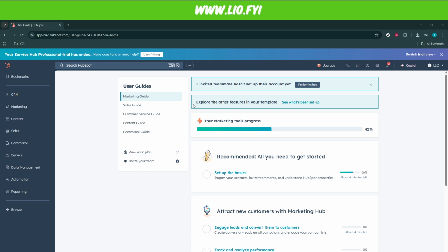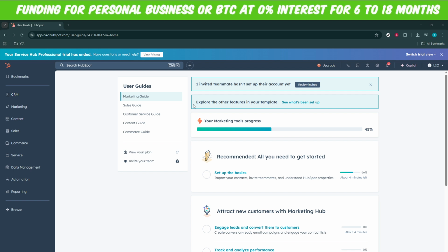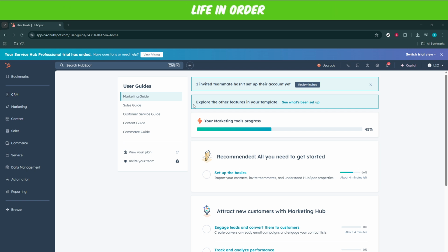First off, we'll start by heading over to the HubSpot user guide. Open your preferred web browser and type in the URL app na2.hubspot.com to gain access to the HubSpot platform's wide range of resources. Once you're on the home page, look for the User Guide section. Clicking on the User Guide will take you to a comprehensive set of instructions and tips to help manage your